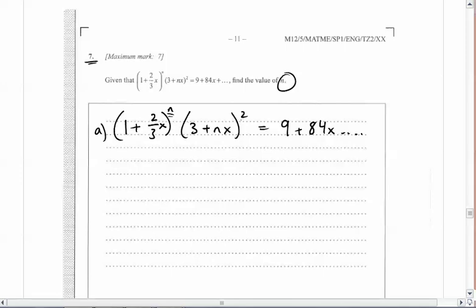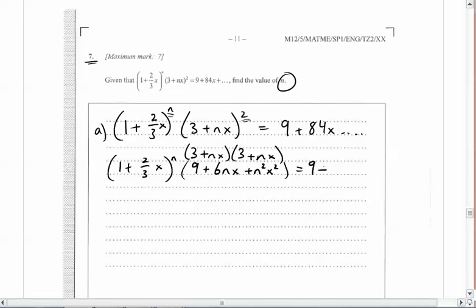But I do know how to expand something that's squared. What that means is that I just take the bracket times itself. So that gives me 9 plus 6nx plus n squared x squared. And if I multiply that by this thing, then I should get 9 plus 84x. Oh boy. How can I expand with a power of n? Well, I need the binomial theorem,